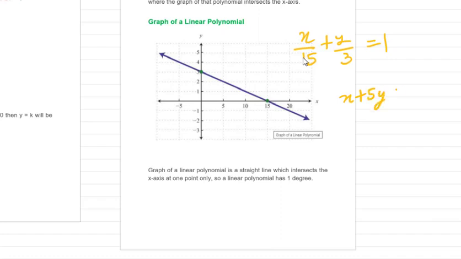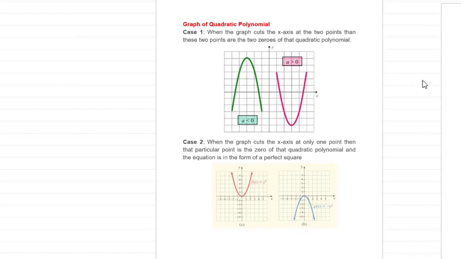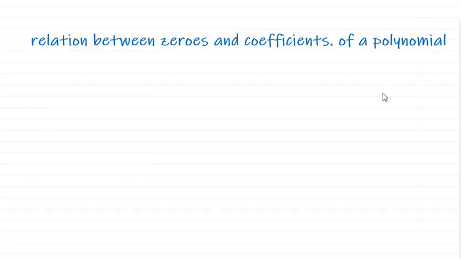Or x plus 5y equals 15. So if you represent this, you'll get this equation. And the graph of a quadratic equation, a quadratic polynomial, is a parabola. So we will also see one very important topic for this chapter, that is the relation between the zeros and the coefficients